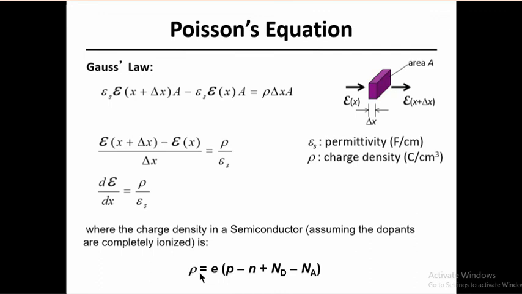And here, for the charge density, we are saying that the charge density equals q, because we are talking about a completely ionized system. So the charge is q times (p minus n plus ND minus NA), and that equation came from p plus ND equals